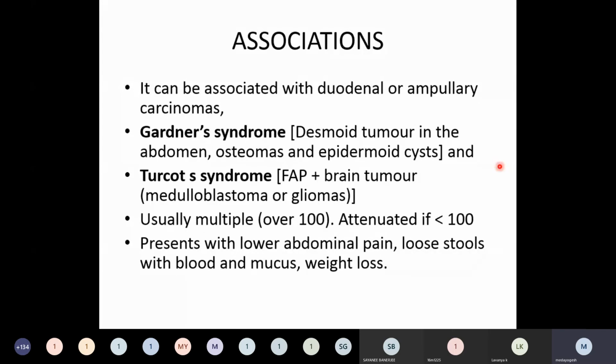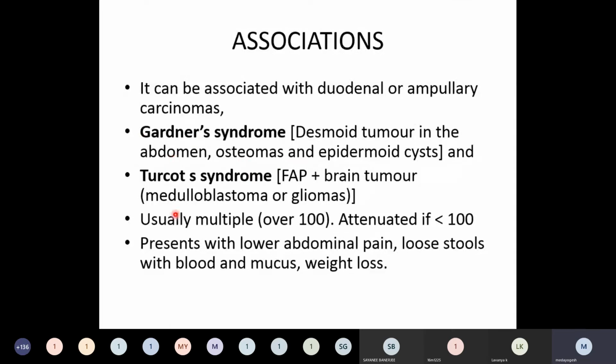As I already explained, it can be associated with duodenal or ampullary carcinomas. And the two important syndromes commonly associated with FAP are the Gardner syndrome and the Turcot syndrome. Gardner syndrome is nothing but the association of FAP with desmoid tumor in the abdomen, osteomas, and epidermoid cysts, commonly sebaceous cysts. So if you find a patient who has polyps in the colon and associated epidermoid cysts and osteomas on external survey,